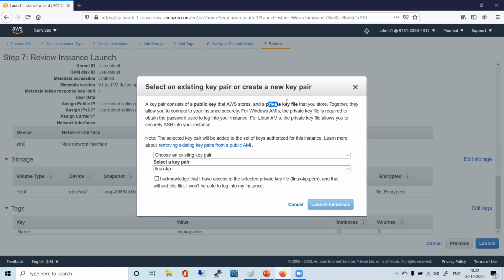And the private key we had as .pem, from which we created .ppk, and then tried to connect to our instance securely, right? For Windows, we had the private key, from there we obtained the password to log into the instance. For Linux AMIs, the private key file allows you to securely SSH into your instance.